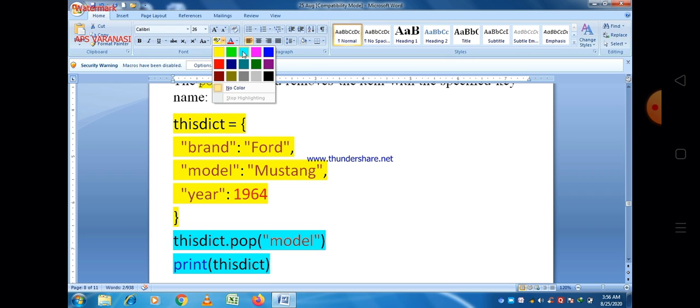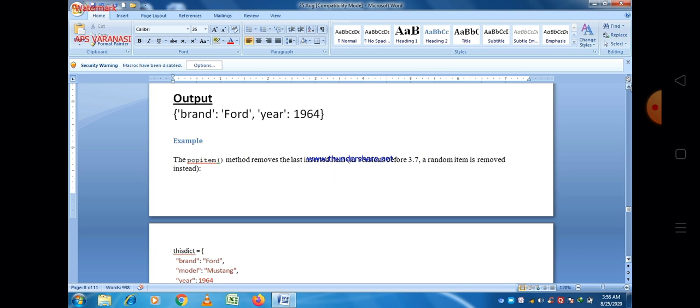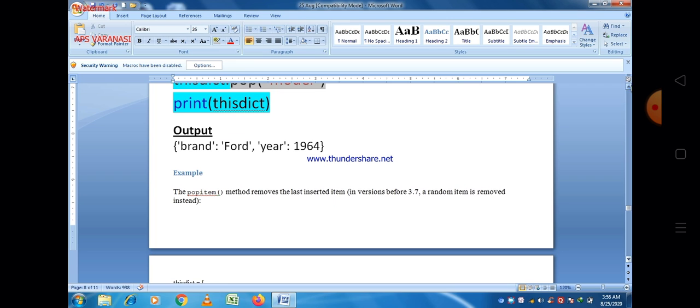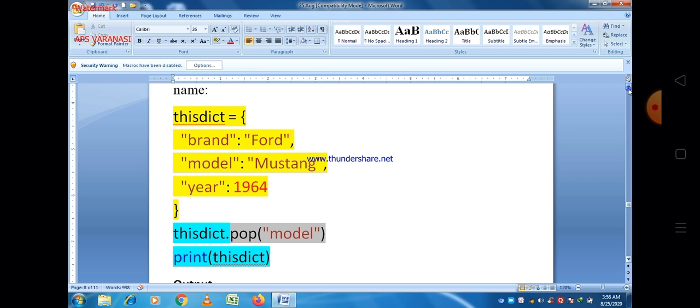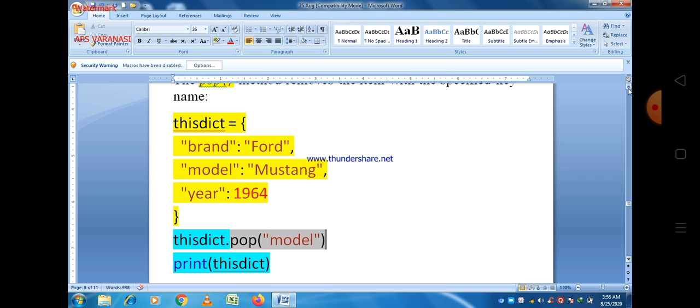After the declaration of the dictionary, there is a statement thisdict dot pop, and we give the name of the key inside the parentheses, by which we are able to delete the value related to the key model. After that there is a print statement, thisdict, which prints the dictionary.